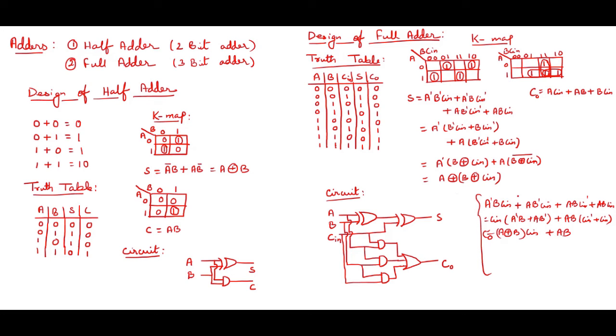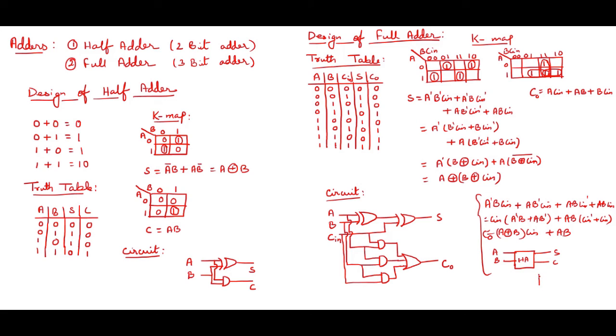Okay, sum will remain the same. So basing on this, if I design this circuit, how will it look like? Let me erase this one, and I'll design it. Okay, I'm designing it over here. I'll be taking one half adder over here. Okay, so inside the half adder, what will be there? This circuit will be there, the half adder circuit. So this is my A and this is my B. A B I'm taking. So A B will be giving me what? Will be giving a sum and will be giving a carry, right?